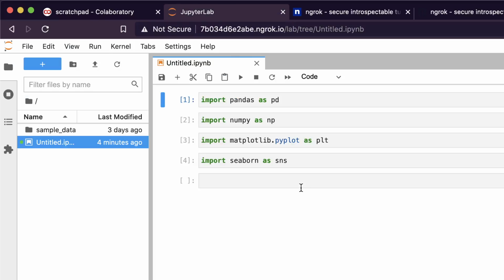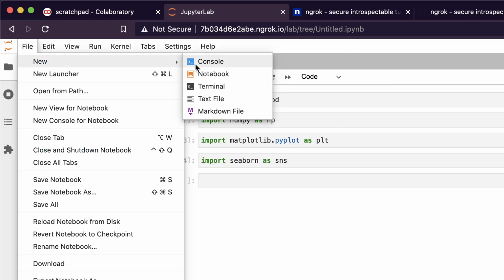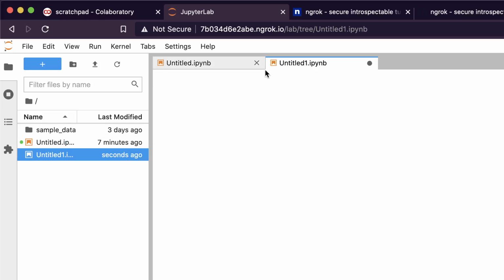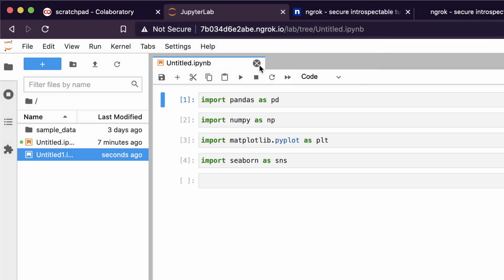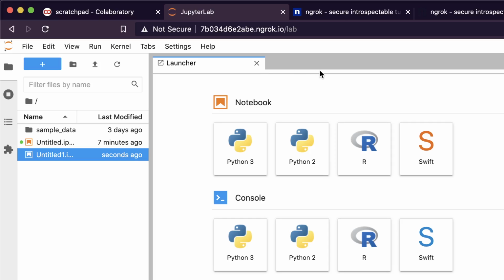So first of all, this is how it looks. You can see that I have got an ngrok URL, and then there is a JupyterLab environment. So I can create a new console or new notebook, or I can even close the existing ones. No kernel, close it. The same way you use JupyterLab on your personal machine, you can actually use JupyterLab